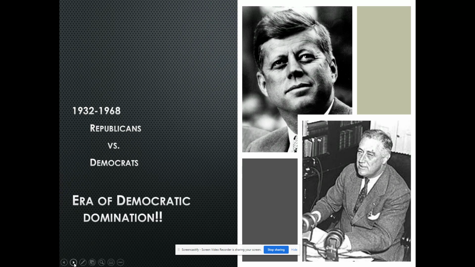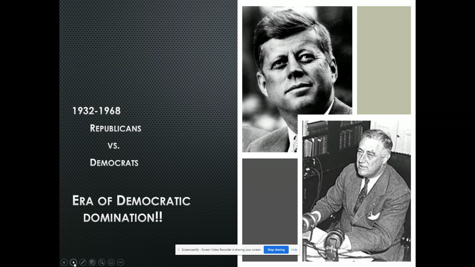Roosevelt, as you guys know, was elected in 32, then reelected in 36 and 40 and 44, and then Harry Truman takes over, another Democrat. You have Kennedy, you have Johnson this time period. And again, there were exceptions, Dwight Eisenhower being one of them. But of course, Eisenhower was a guy, again, hero of World War II. Who cares about political party affiliation? How could you not vote for Eisenhower in 52 and 56, given his resume? So, again, more of the exception to the rule.